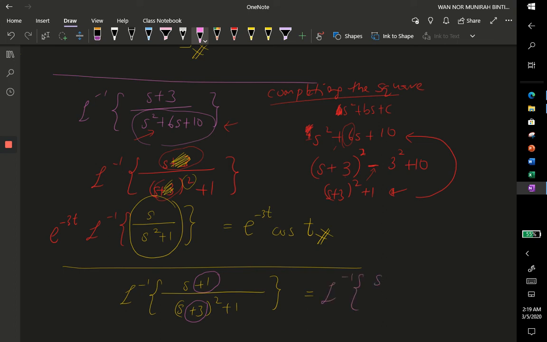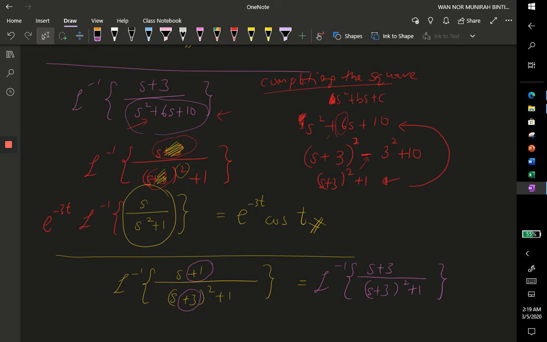So what you need to do first is follow your denominator. Just copy s plus 3. S plus 3 only. Do not put square and plus 1 or whatever. No. You just put s plus 3. So s plus 3 square plus 1. After you modify,